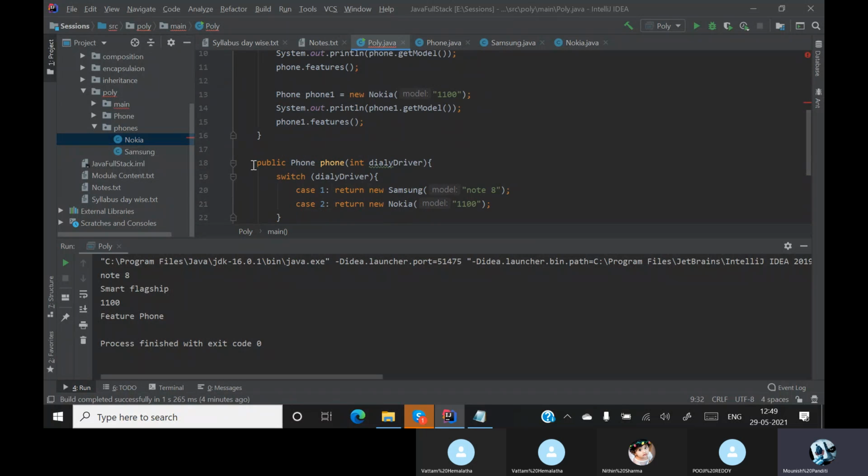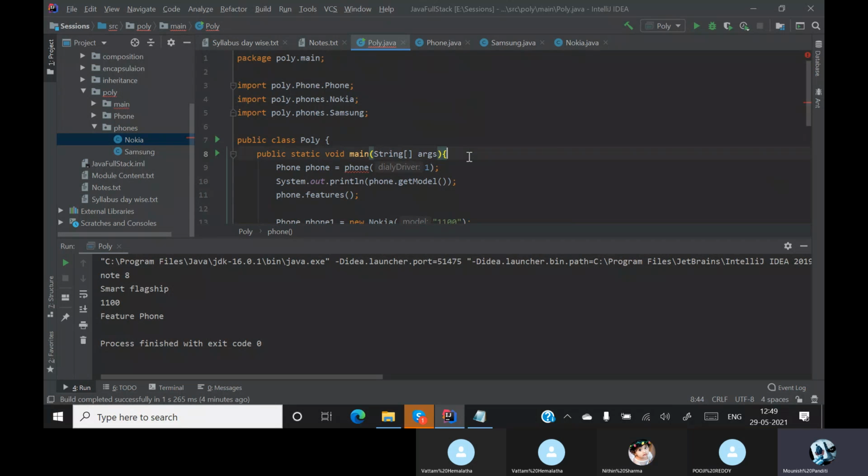Is this a static method? Is this phone method a static method? No, sir. I am writing it outside the main.